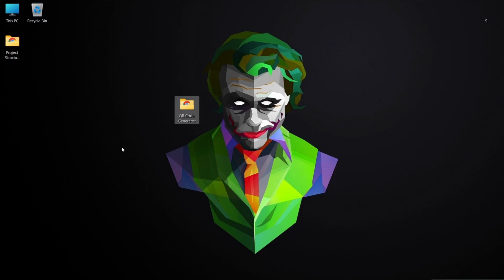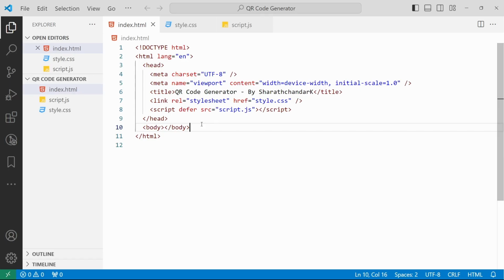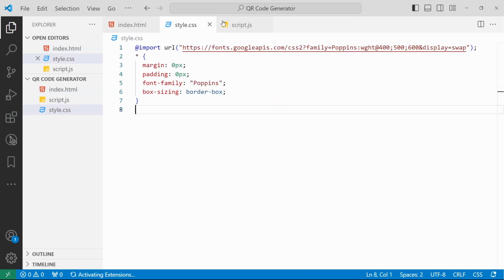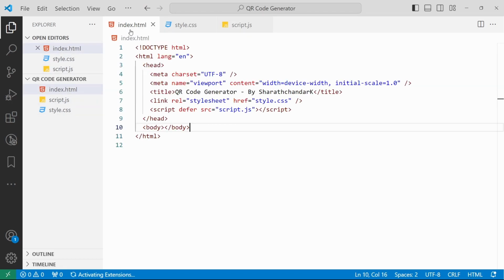Here on my desktop, I have already created a project folder called QR Code Generator. Let me open this in Visual Studio Code. In Visual Studio Code, it will automatically load all the files inside the directory. I have already created index.html, style.css and script.js. In index.html, I have already added the HTML boilerplate with the help of the exclamation mark. I have added the title of QR code generator by Sharat Chandar K and I have linked the other two files